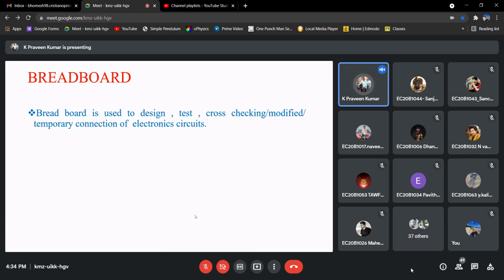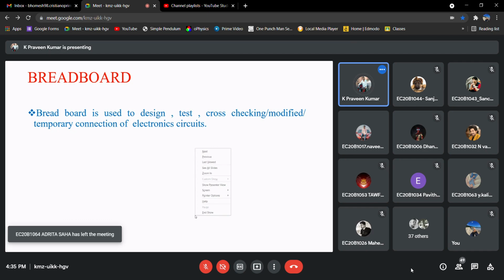Anyway, now you cannot have hands-on, as you're not here. At least you can do all our experiments in a simulation tool. I think you are using Multisim for one of your labs, right? Yes, sir. Okay, so we'll see it. You can use the same Multisim software for our lab also. Or if sir asks us to go with any other tool, that also we'll discuss. Okay, so that I will check with sir.